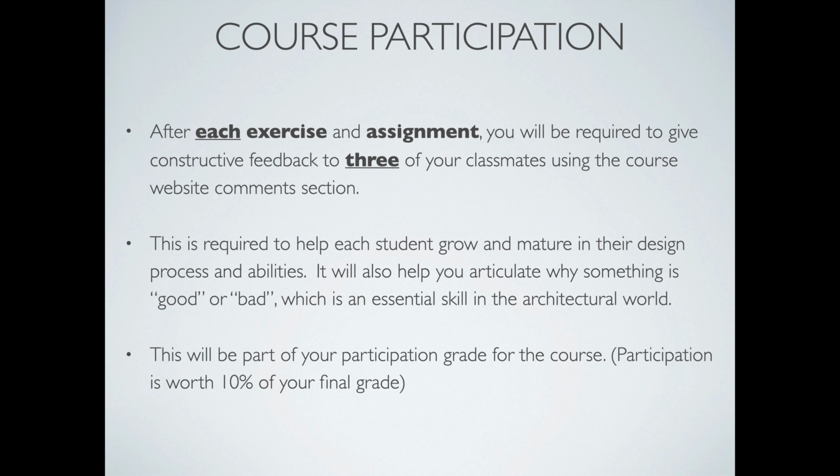Course participation. So this is a big one. After each exercise you complete and each assignment that you do, you'll be required to give constructive feedback to 3 of your classmates using the course website's comment section. So this will be something that I'll explain during the demo portion of the class.